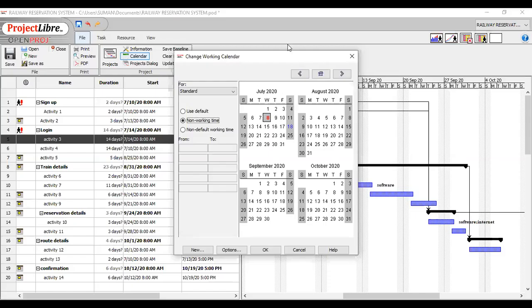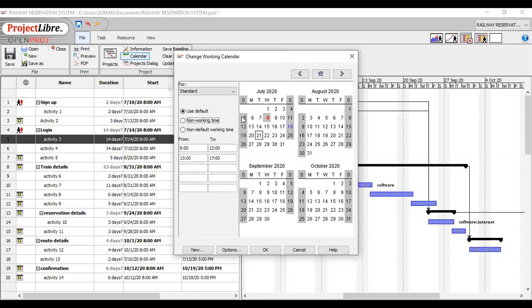Like excluding days from the working calendar, we can also include days in our calendar. For this, just click on any weekend day or non-default working day.